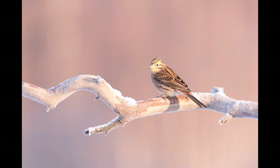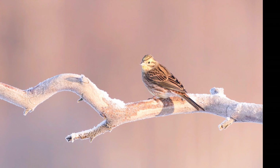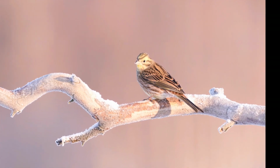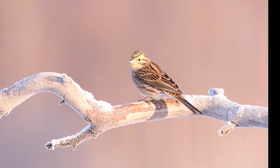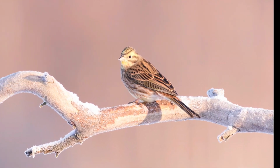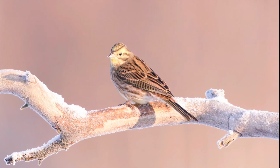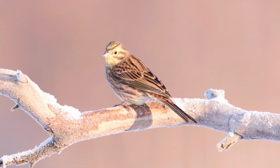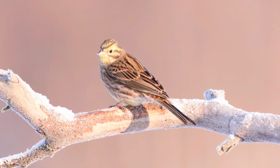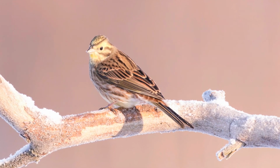The female is the family's main constructor and decor artist. She constructs a cup-shaped nest in a well-hidden location to protect their offspring from potential predators, using materials from nearby plants, such as leaves, dry grass, and stalks, and she lines it with fine grasses and sometimes animal hair. The female yellowhammer typically lays a clutch of 3 to 5 eggs, which takes about 11 to 14 days to